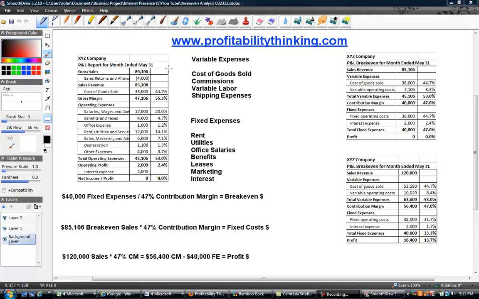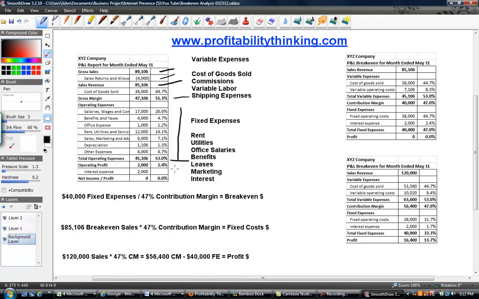As you can see, we have gross sales of $89,106. We have returns and allowances of $4,000, which gives us sales revenue of $85,106. We have cost of goods sold of $38,000, leaving a gross margin of $47,106, 55.3%. We have various kinds of operating expenses such as salaries, wages, commissions, benefits, taxes, office expense, rent, utilities, marketing, and so on. Total operating expenses, adding those up, are